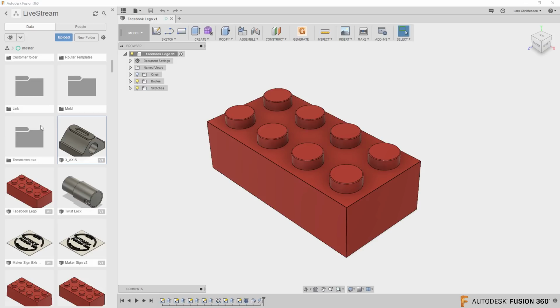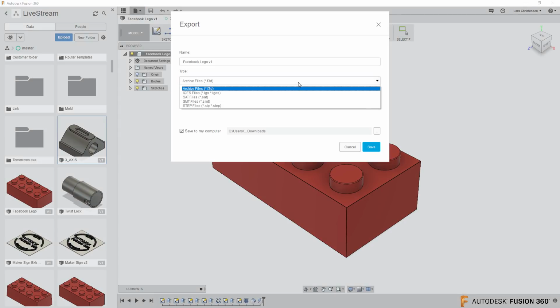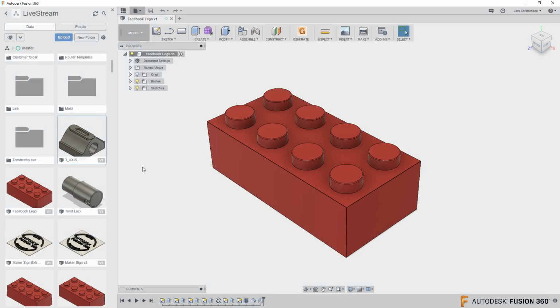What else do I want to talk about while we're in here? Oh, so if we want to save this file out, I got a question the other day about how to bring in a mesh file or STL file and save it out again as an IGES or STEP. Click up here on the file drop down, and if I export out of here, in the drop down, instead of a SOLIDWORKS or a Fusion archive file, I could do IGES, STEP files here. And I'm going to show you in a second how we can also